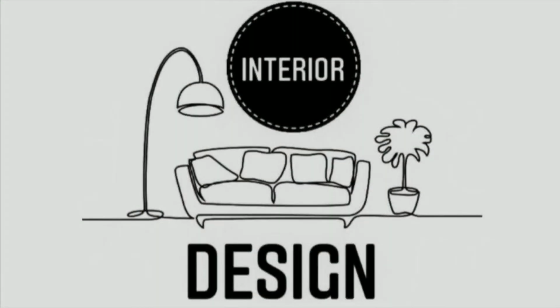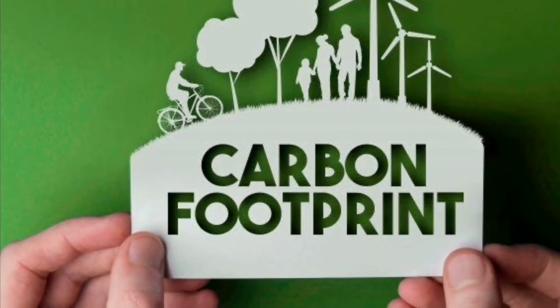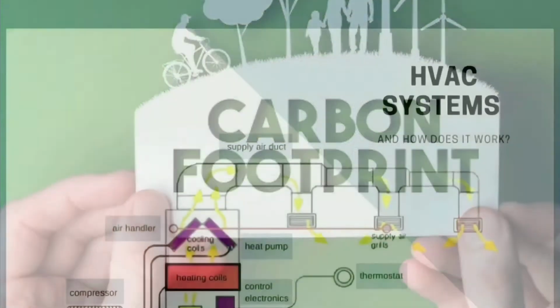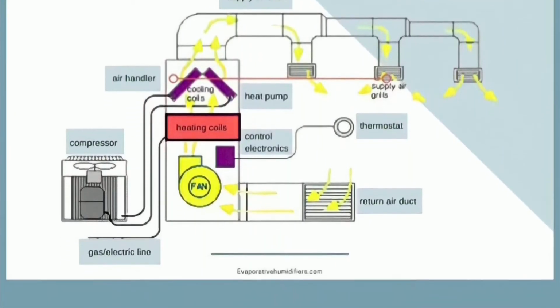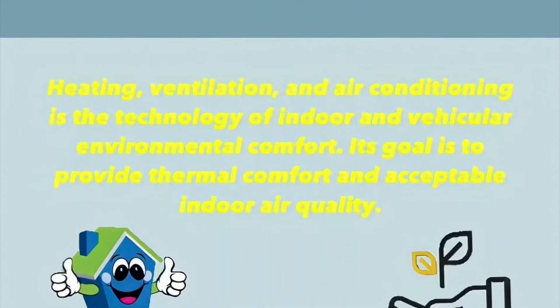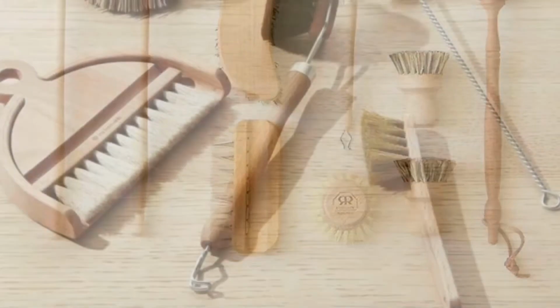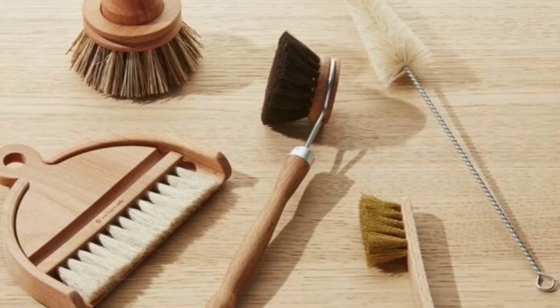Protecting the environment. Interior design projects must protect the environment by reducing the carbon footprint. Specifying energy-efficient appliances, heating, ventilation, and air conditioning solutions, and environmentally friendly building components not only brings down the occupancy cost, but also helps the macroeconomy in general.